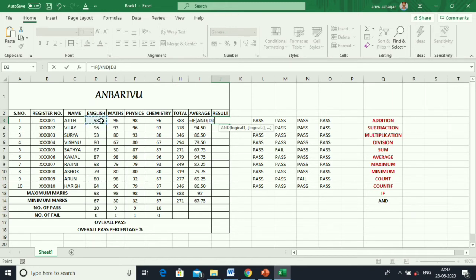greater than or equal to 35, comma, selecting E3 greater than or equal to 35, comma, selecting F3 greater than or equal to 35, comma, selecting G3 greater than or equal to 35. Close the bracket, comma,